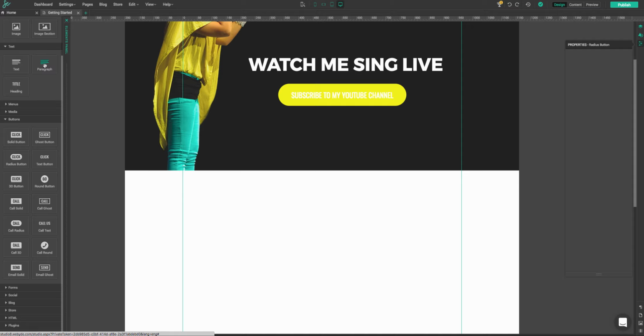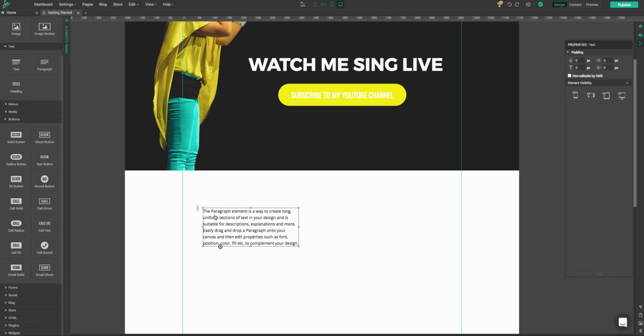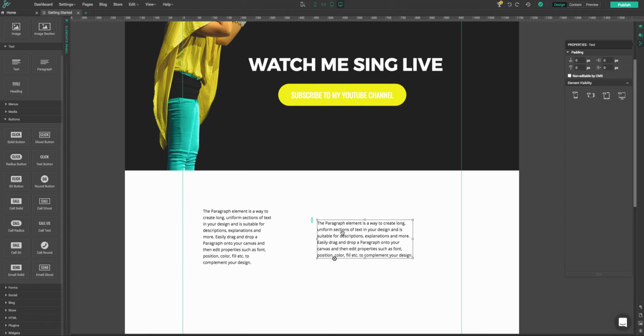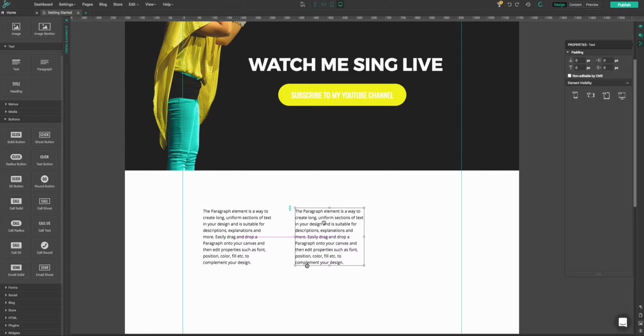Let's go over here and add some paragraphs. So I am going to choose, let's say, 3 paragraph elements that I am just going to put right here. And you can see that I'm changing the width of these, and you can see my guides are in place here. You can see that purple line that's showing me that I am perfectly aligned. And I just want one more paragraph, and I'm just going to go right here and adjust the size really